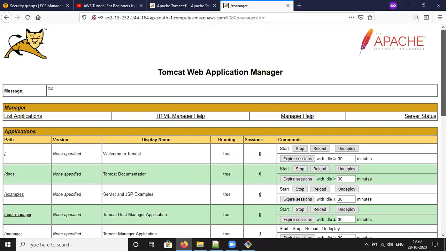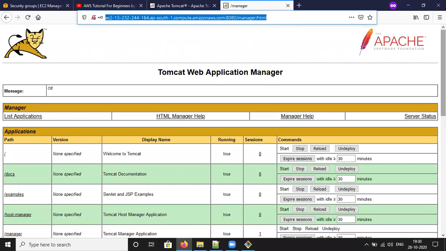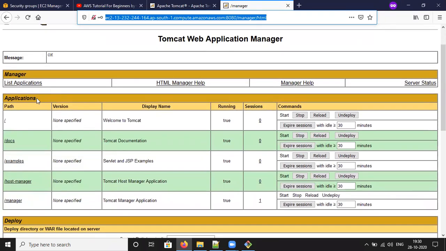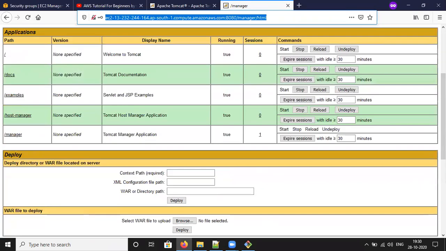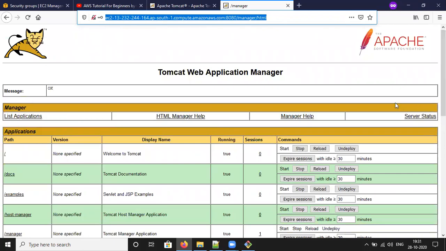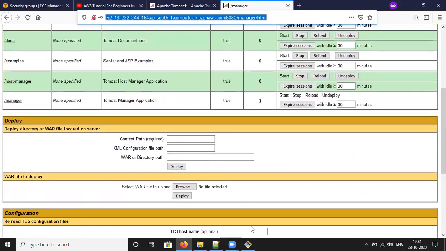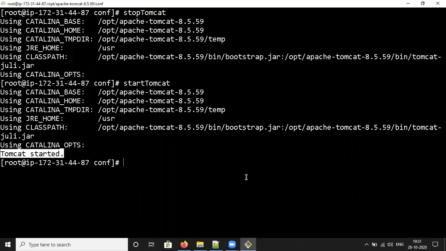This is how you configure Tomcat in your AWS EC2 instance. See, there are some default applications which are already deployed. This is the home page of your Tomcat web application manager.